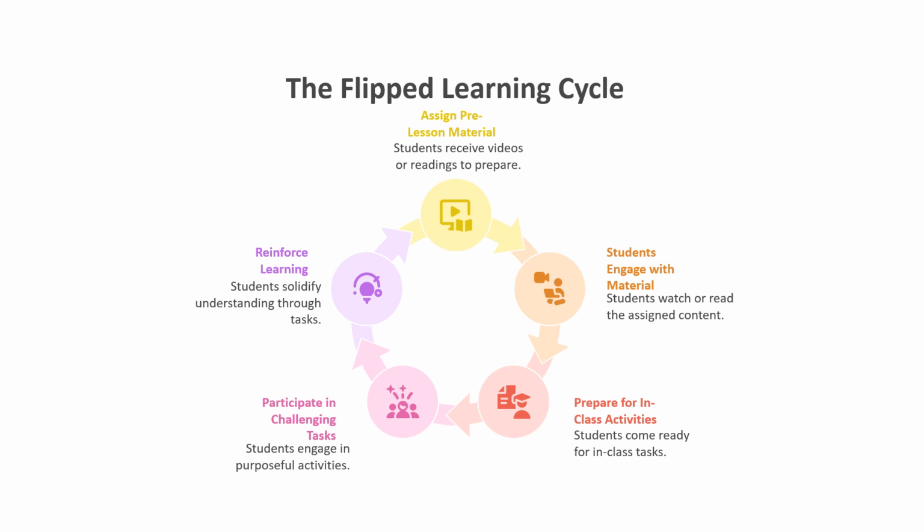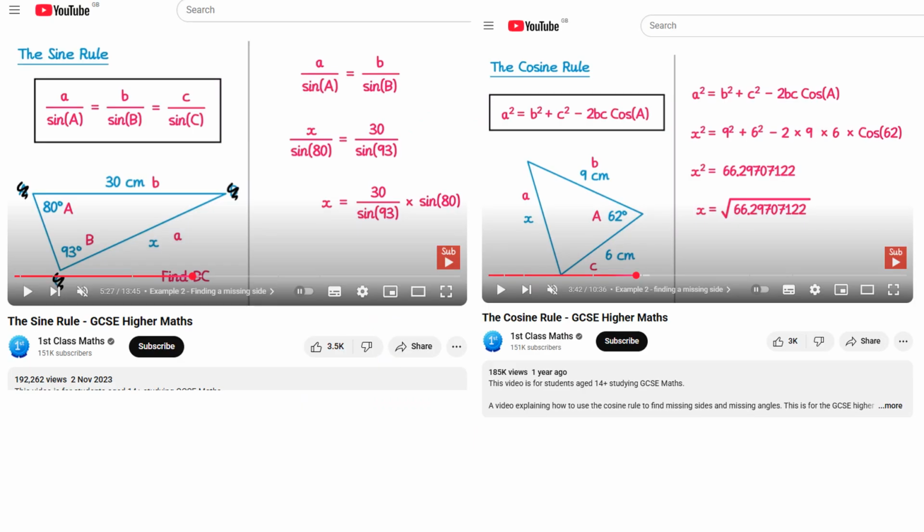Flipped learning is when before you start a lesson or topic, you send students a video or reading materials to research on what they're going to learn. This gives them a better starting point when you start the lesson, which then opens up more time for purposeful and challenging tasks. You could start off by sharing basic videos to your classes before you start the topic, so they can do a bit of research and get a head start.